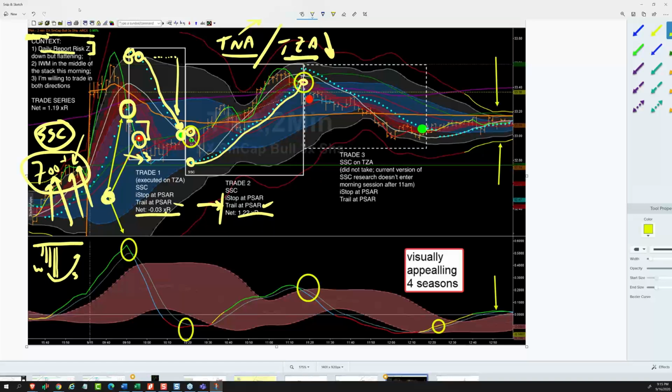Now, if they had their parameters they were testing right now, don't take the signals after 11, because they want to go from 0830 to 11 and get that 2.5 hours of prime time for big moves. But they can also just as easily run this and say, here's where that exit or the entry would be on TZA, and then this one should produce, if that's 1, and there's your exit, that's probably 1.0 to 1.5 additional.